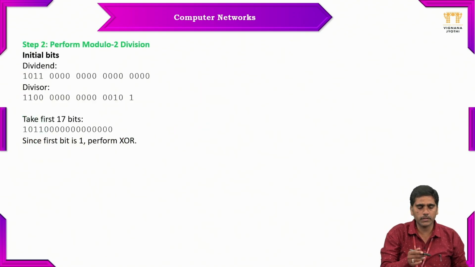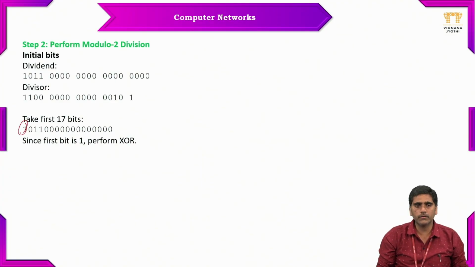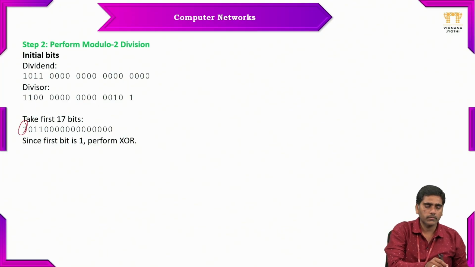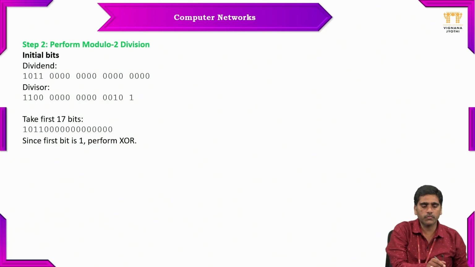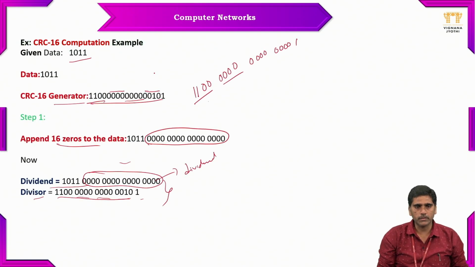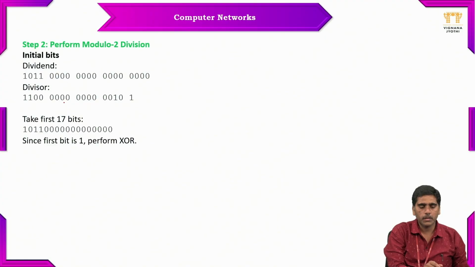When you are performing the XOR operation, the modular division, if the leftmost bit is 1, then you perform the XOR operation one more time. If you have 0 as the left bit, then you shift to the next level. So here the dividend is what? 1011, 0000, 0000, 0000 and 0000. That is the dividend. The next divisor is what? 1100, 0000, 0000,